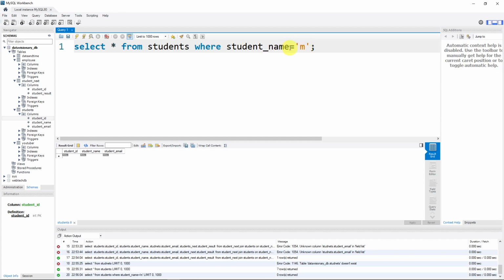Let's say here student name, and you just have to remove this equal sign. You just have to say here like, and then you have to say here percentage. Either you use this percentage sign at the beginning or at the end. So when you use it at the end, let's say I want to know the names that start with M, then I will add this percentage sign